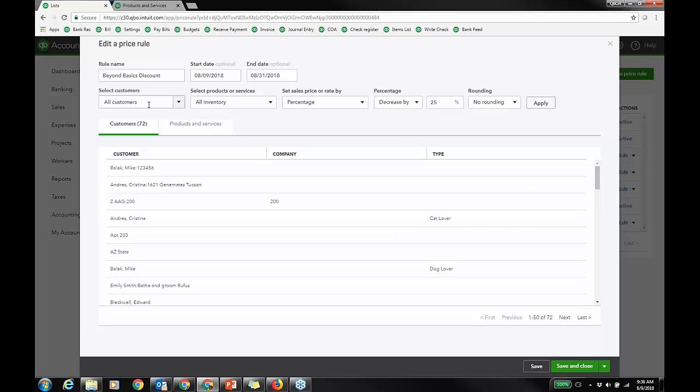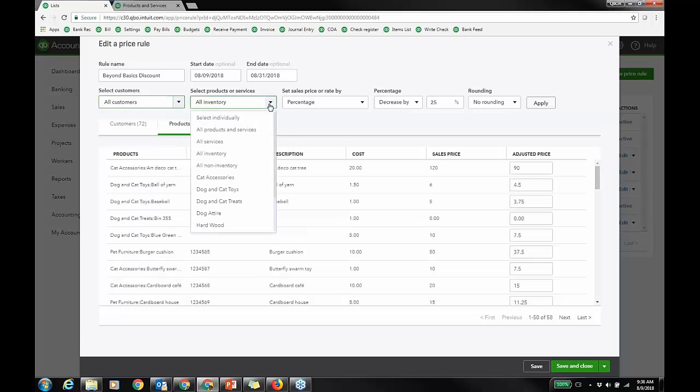Very important, because I'm doing it for all customers, but when you turn on price rules, it opens up a customer type feature. So I can assign customers to either cat lovers or dog lovers. I could just do a price rule just for dog lovers or cat lovers, right? And then the discount would only show as available for people who have cats, okay? So customer type is a great feature, but you can only get it when you turn on price rules. So even if your client doesn't want to use price rules, by all means turn it on for the customer type functionality. And then I could also filter or exclude